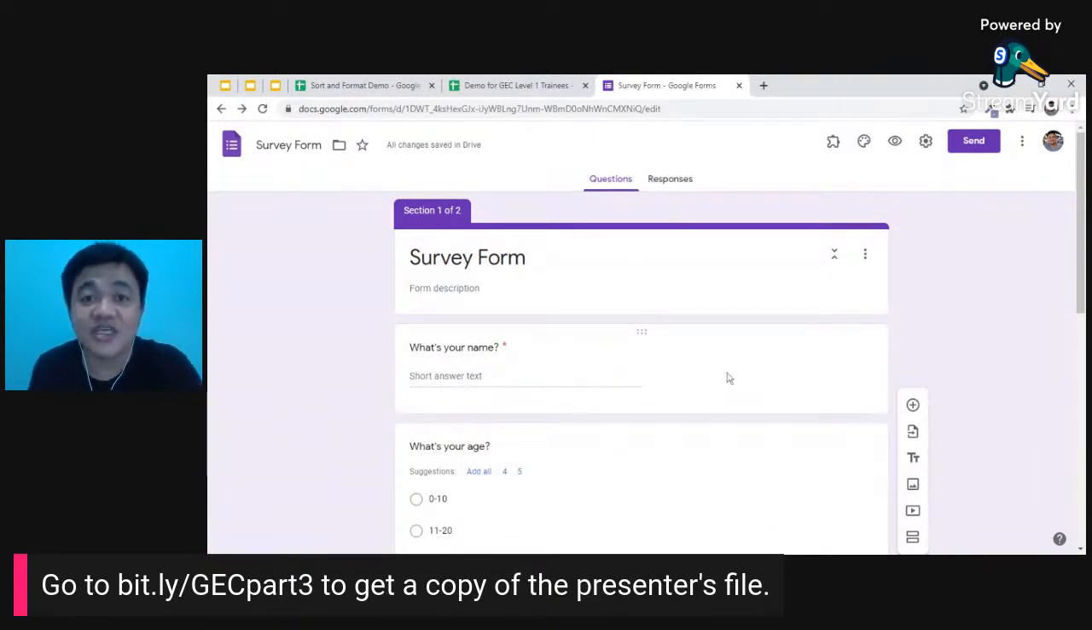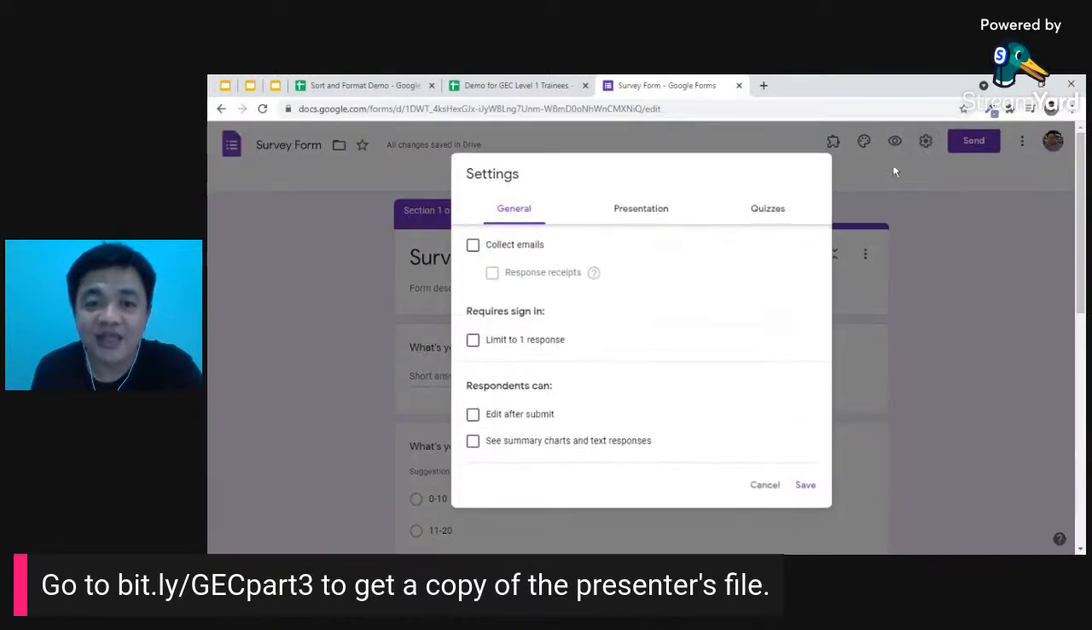Now let's proceed to the settings. On the right side, upper right side, you will see this cog or setting symbol. It looks like a gear symbol. You click that, and then you will be able to see the settings of your form. If you like to collect emails, you select that. If you would like to limit to one response, you also select this one. You can also make your user edit their submitted form and then see the summary